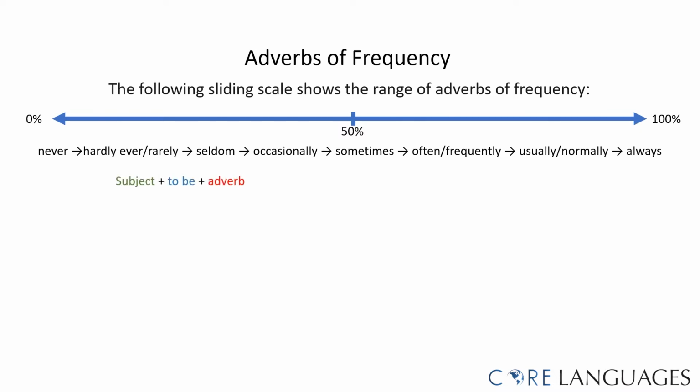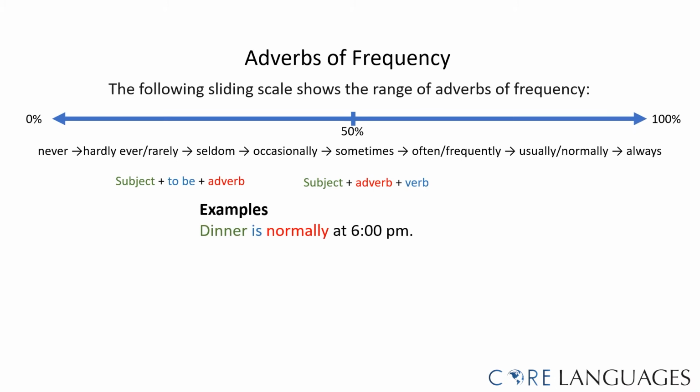If we use the verb to be, the adverb is placed behind the verb. The word order is subject, to be, and adverb. With all other verbs, the adverb is usually placed before the verb. The word order is subject, adverb, and verb. For example,